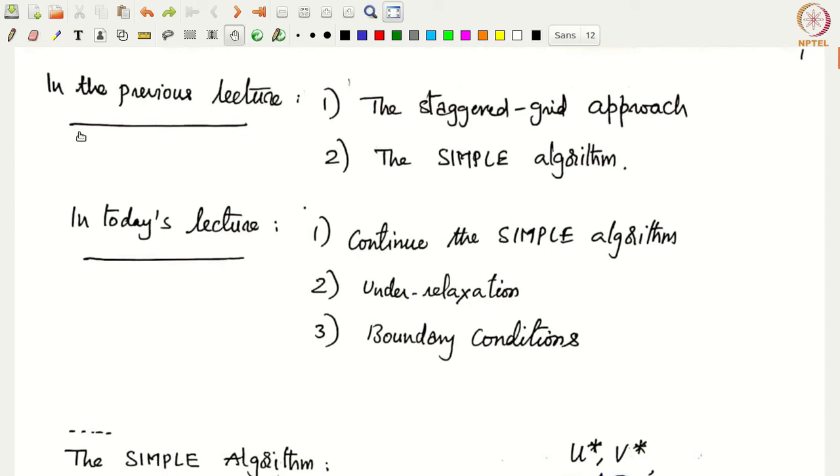In the last lecture, we looked at the staggered grid approach, essentially to account for the pressure-velocity coupling. Then we decided that the velocity should be stored staggered to the pressure. The x component of velocities, that is u east and u west, was stored on the east and west faces, and the y component of velocity, that is v north and v south, was stored on the north and south faces, and the pressure was stored at the cell centroids, the main control volumes.